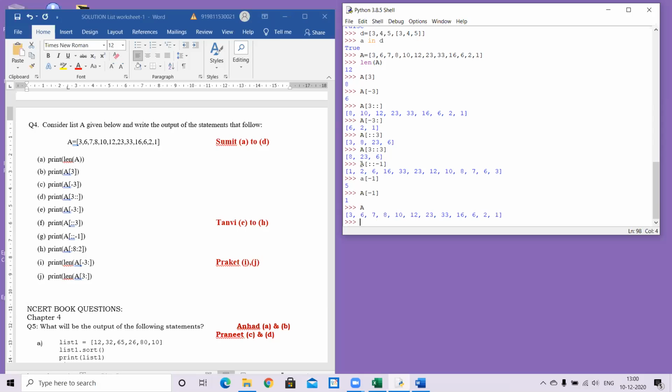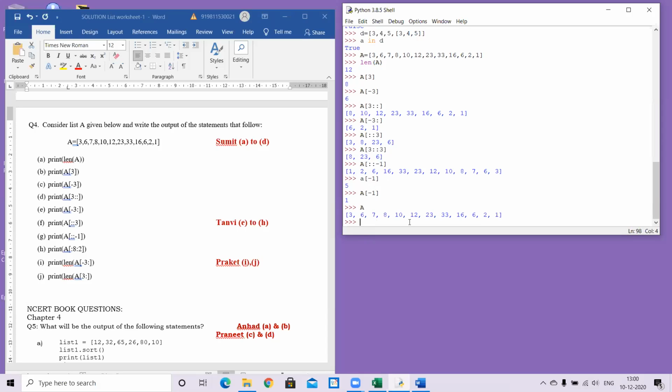When you do this, the reversal is only for display. It is not reversing it in place. Any operation or slicing you do on the list is only for display. It does not send the data back into the list unless I assign it to the name of the list. Second point, if I'm only writing -1, it works like a normal extraction of a single element.